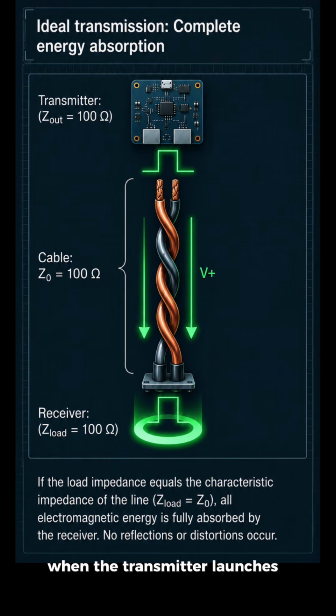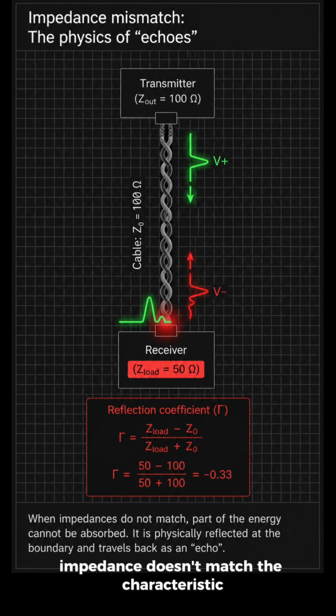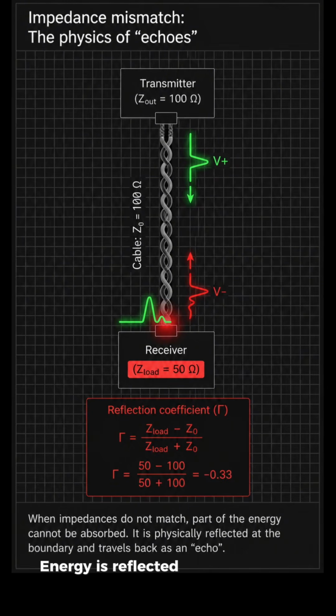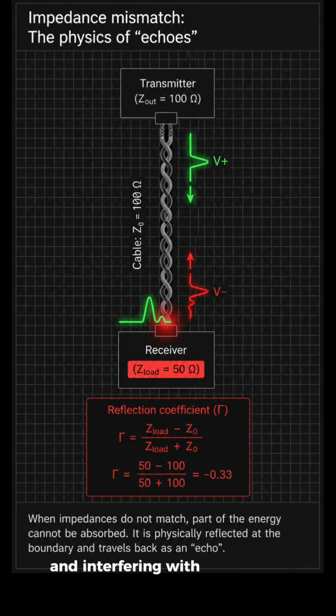When the transmitter launches a signal into the cable, energy travels toward the receiver. If the signal encounters the same impedance at the end of the line as the characteristic impedance of the cable itself, the energy is absorbed and the signal propagates cleanly. However, if the load impedance doesn't match the characteristic impedance of the transmission line, part of the signal energy is reflected back toward the transmitter. In other words, an echo of the original signal is created, traveling in the opposite direction and interfering with subsequent